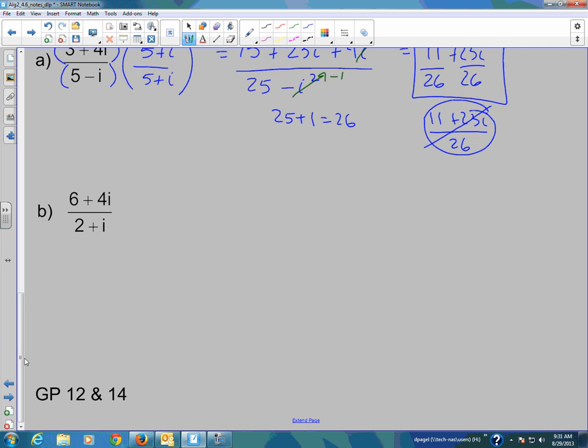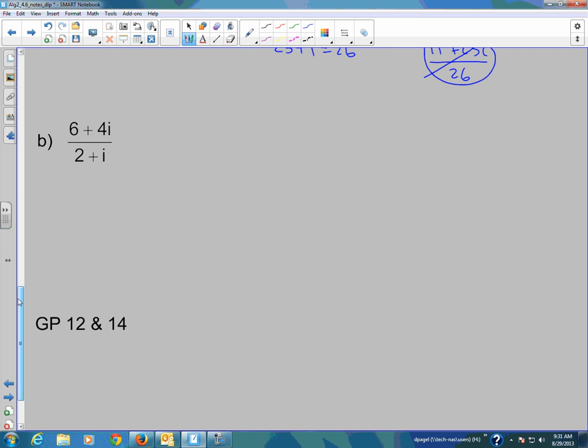Take that denominator and spread it out between the real part and the imaginary part of the complex number above. All right, let's try this one. Complex numbers of 2 minus i and 2 minus i. So we get 12 minus 6i plus 8i minus 4i squared. That becomes negative 1. All over 4